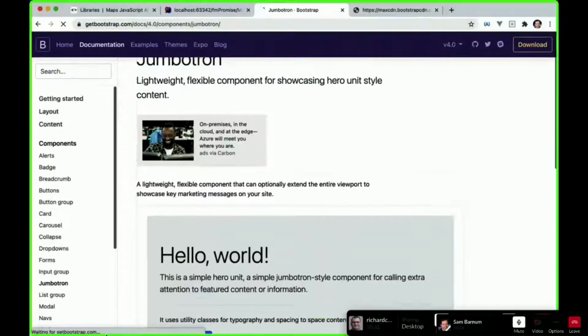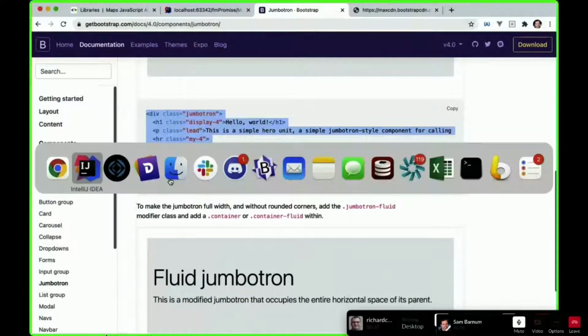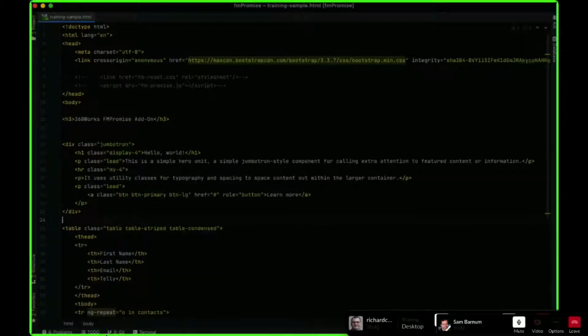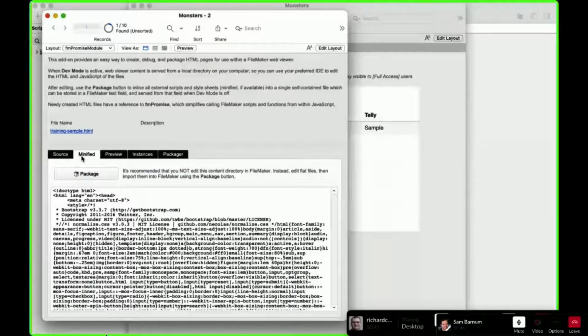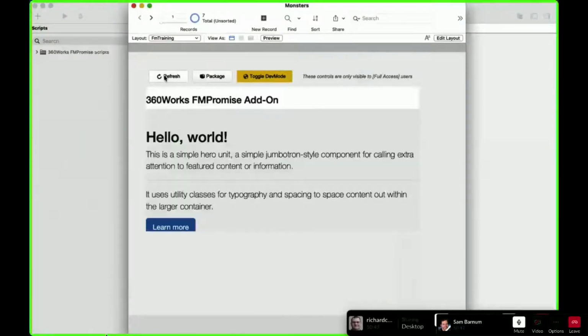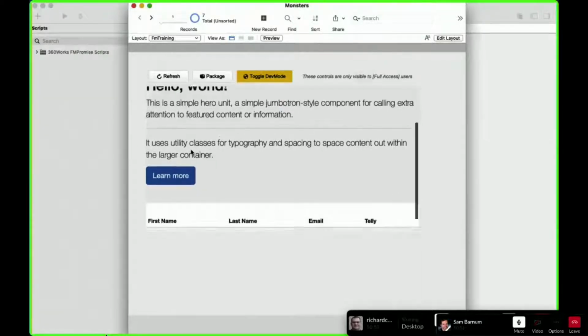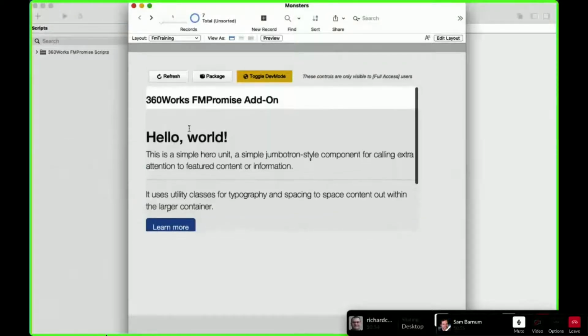That's what it is. Now we can have a Jumbotron because we've got Bootstrap loaded. Cool. So that's the hero unit. Okay. And then there's a button. So all these are Bootstrap styles.